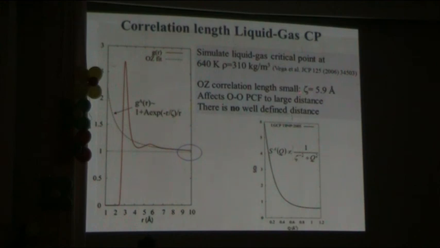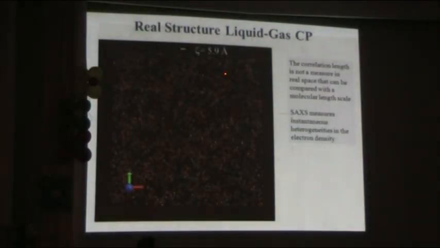So what does this correlation length mean, then, 5.9 angstrom? Well, if we look at the simulation box here, and this is now 100 angstrom, so this is to scale, we see that 5.9